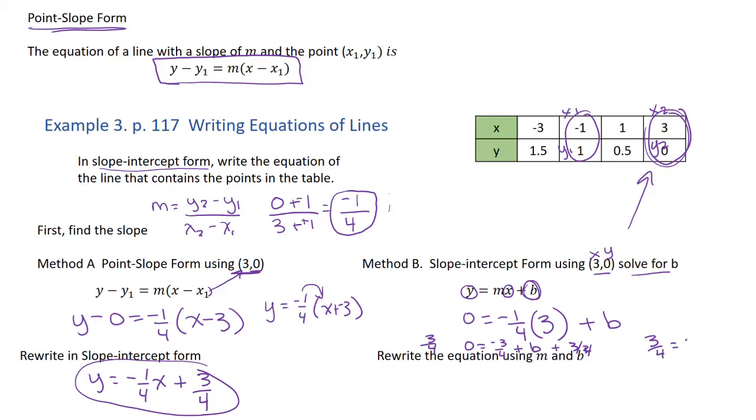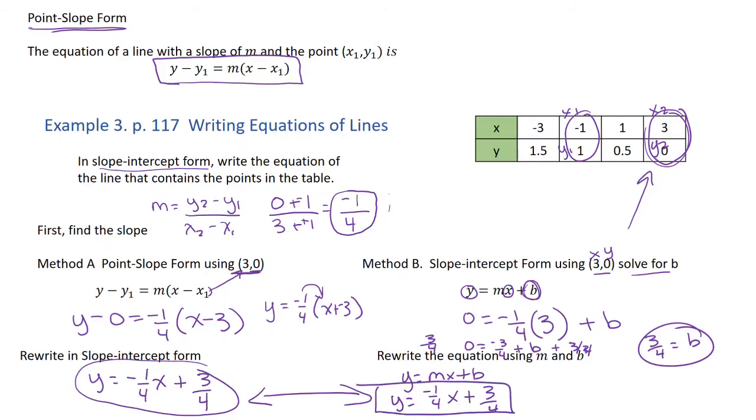3/4 equals b. So now we have all the information we need to write our equation, and it's y equals mx plus b. And we know that m, we already decided, was negative 1/4 x, and now we just solved for b, which we said was 3/4, and there's your equation. So you can see that both of these are the exact same. y equals negative 1/4 x plus 3/4. All right, so with that in mind,